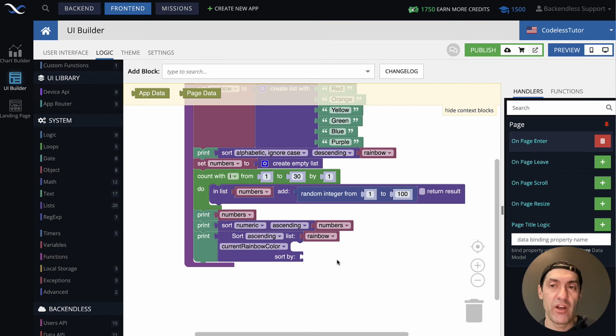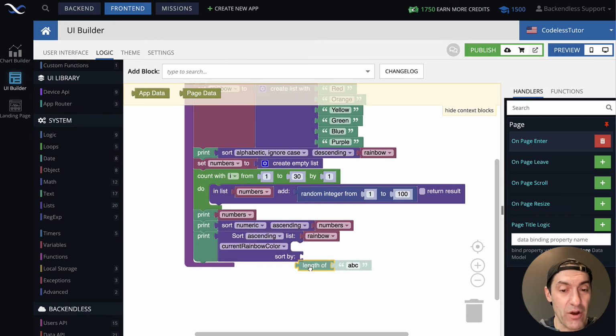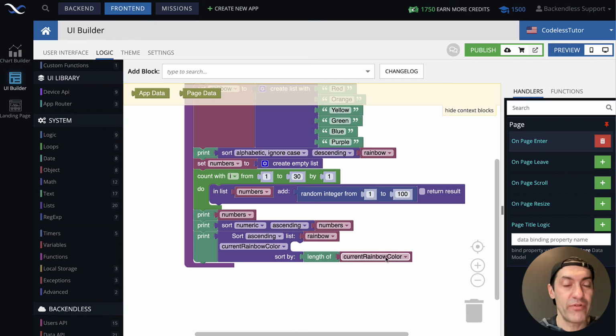And as we said, what matters to us is the length of that item as the deciding criteria. So what that means is we can just go to text and get the length of, and then in here we put current rainbow color. So we're basically sorting by length of the current color.